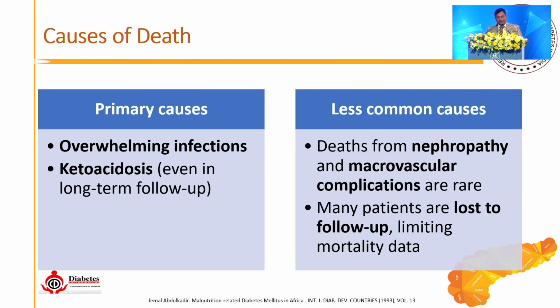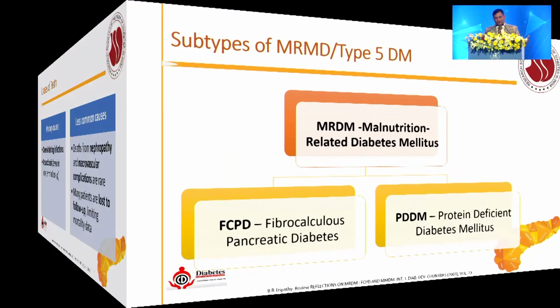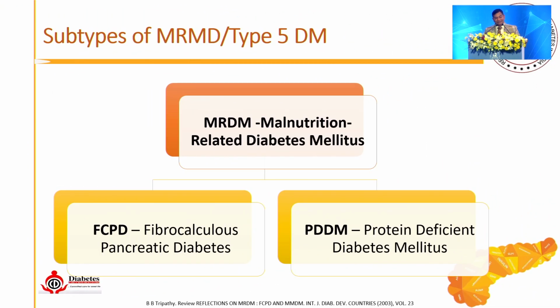Primary cause of death is overwhelming infection. Ketoacidosis is not mentioned too much, and nephropathy is; macroangiopathy is rare, and loss to follow-up is one of the causes. Now, subtype, as I told you, MRDM has been subclassified into two: FCPD, fibrocalculous pancreatic diabetes, and protein deficiency